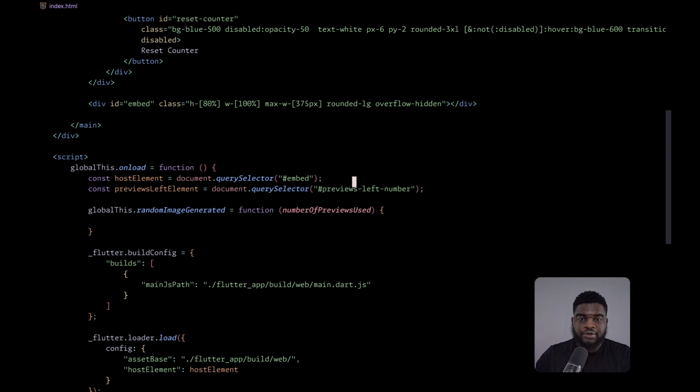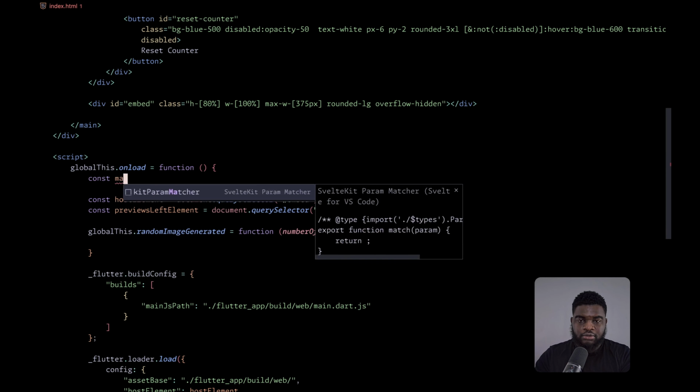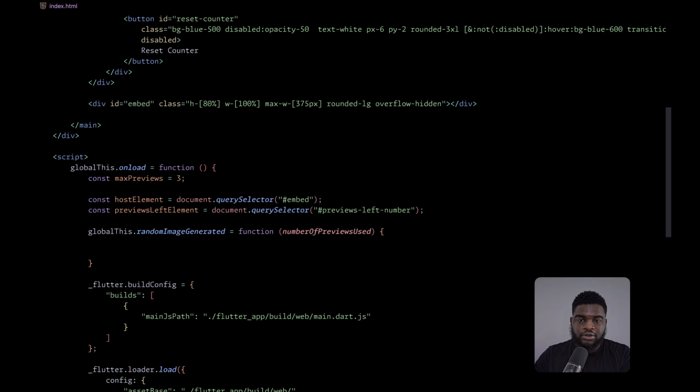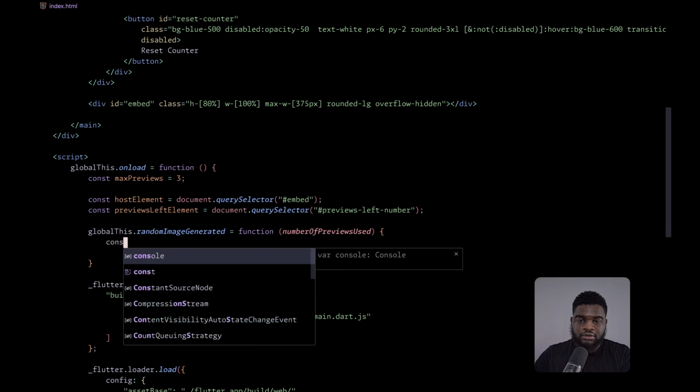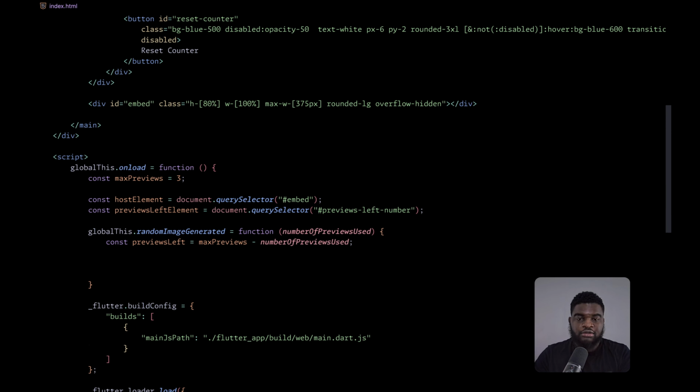And then we create a variable to hold the maximum number of previews, maxPreviews. And now we can do this. previewsLeft equals maxPreviews minus numberOfPreviewsUsed. So this previewsLeft will hold the current number of previews that are available for the user, and we can modify the previewsLeft element.